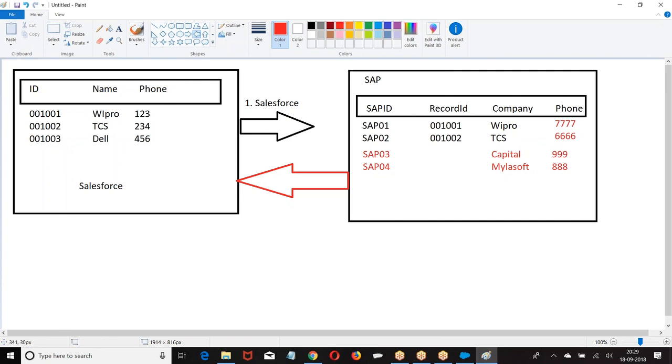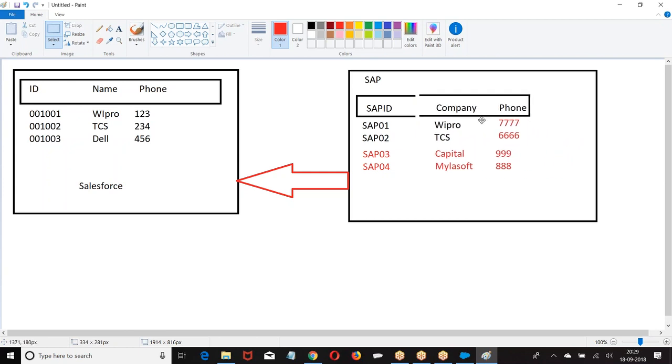But according to my requirement, it is only one-way communication. Only SAP will send the data to Salesforce.